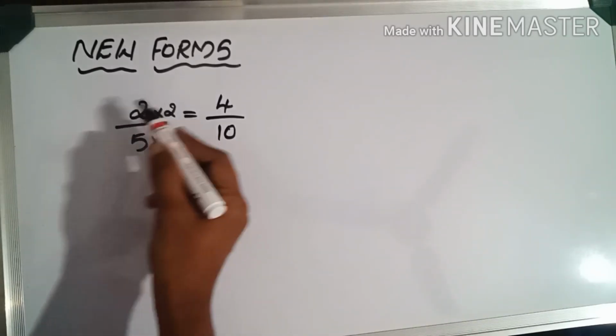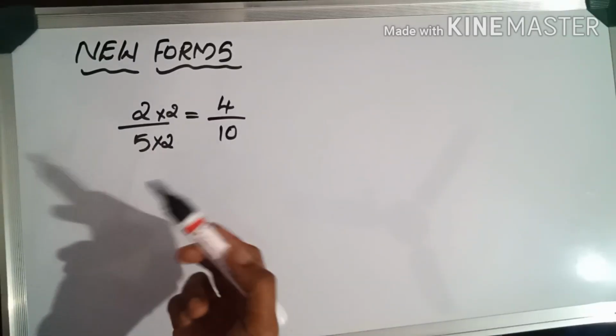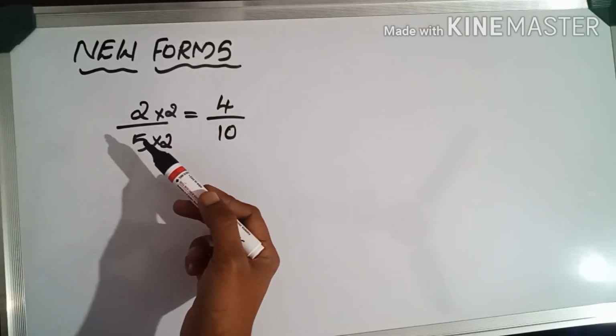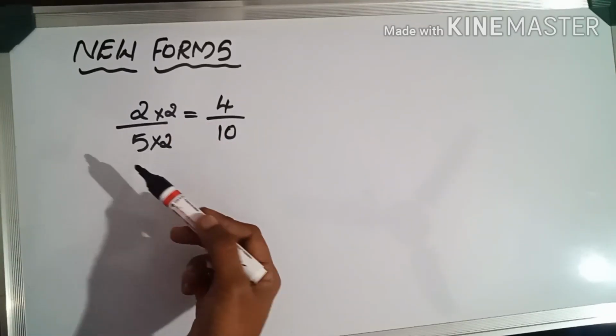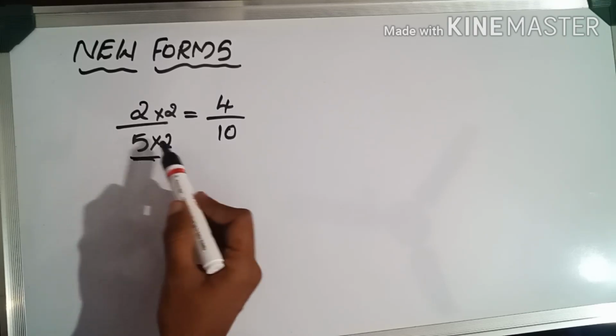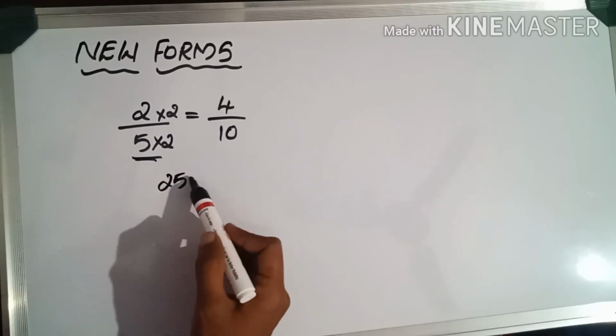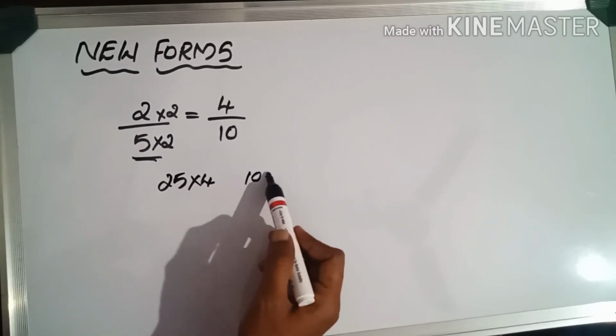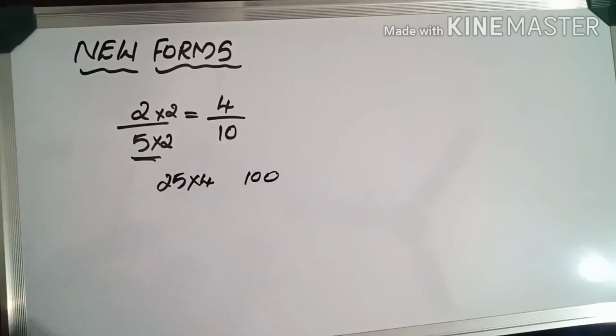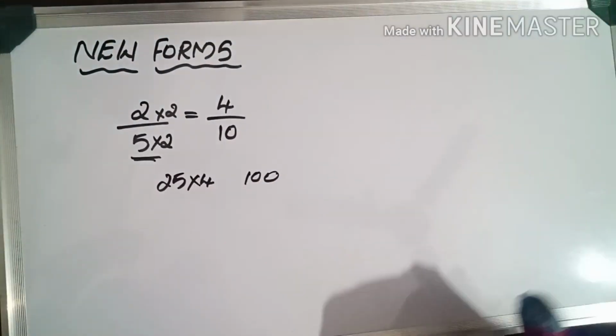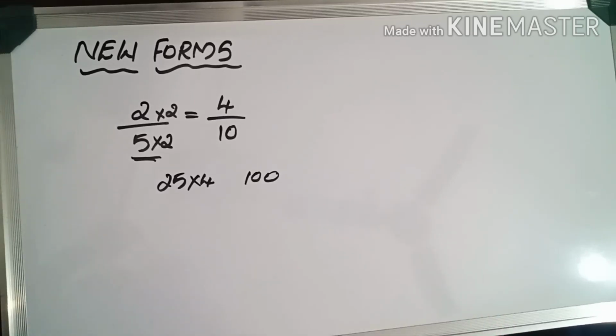For these type of numbers, we learned how to write the decimal form. That means in that particular number, the denominator is a number which can be converted into powers of 10. If the denominator is 25, 25 into 4, we can write it as 100. Now in this section, we have to find the decimal form of numbers whose denominator cannot be converted into a power of 10.